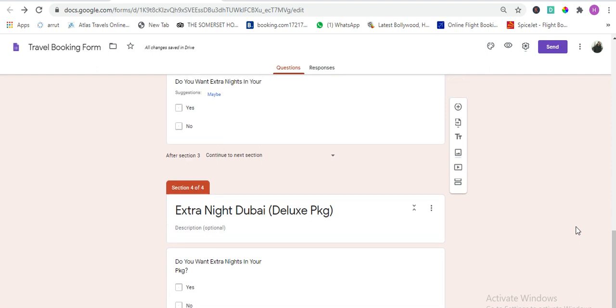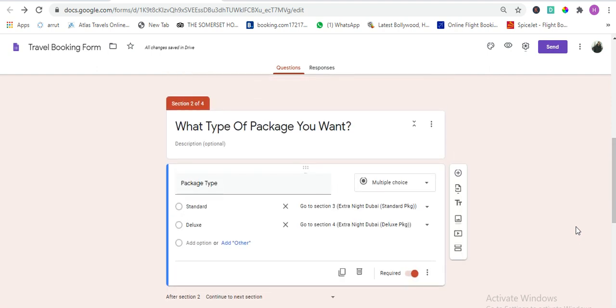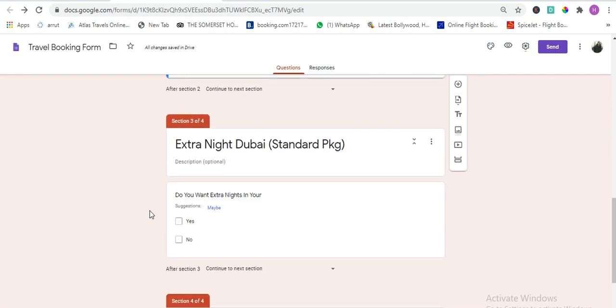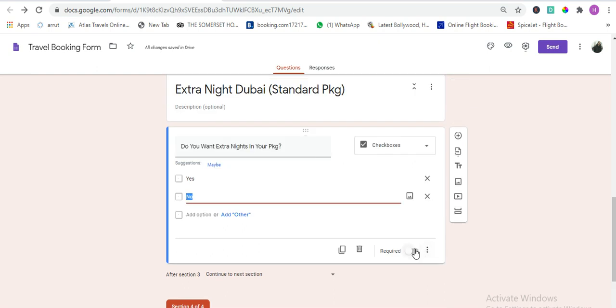Now let's say if your customer is going to select standard option, which means it is going to bring them to this option, extra night Dubai standard package. Correct, here they will select yes or no, either of the two options. What we'll do is we'll keep this also required, mandatory.